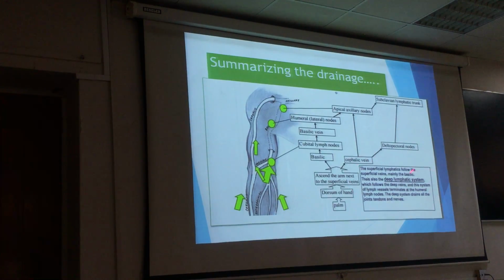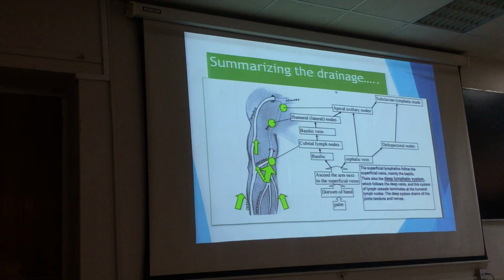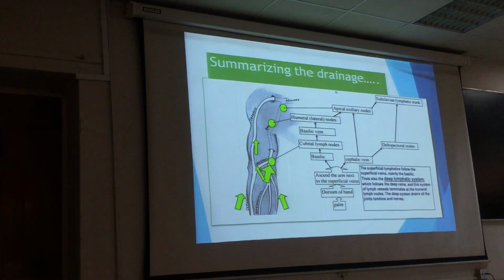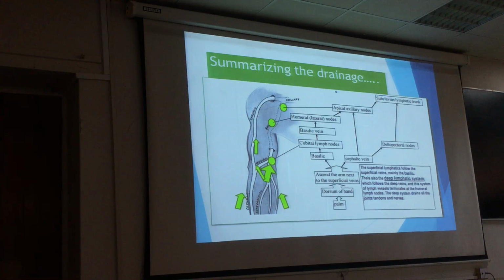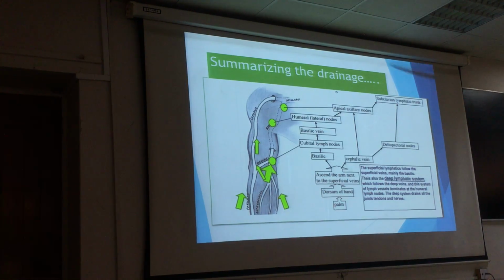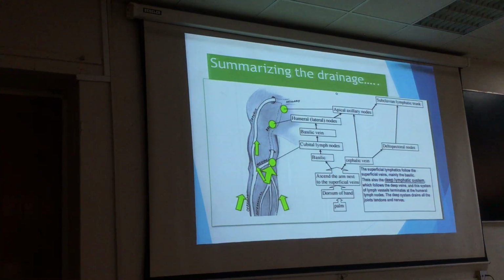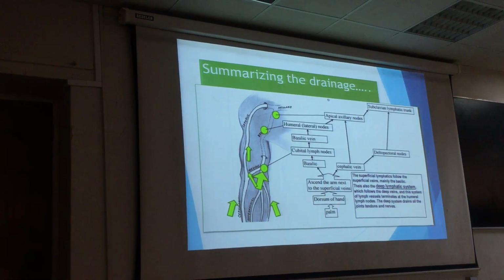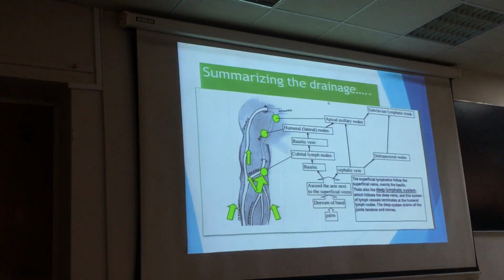The deep ones were related to the arterial system, or the deeper structures which were present inside, and we have seen that the deeper structures also drain into the lateral or the humeral group of the axillary lymph nodes. And then this deep system will actually join the tendons and the nerves which are present inside. So this is the total lymphatic system of the